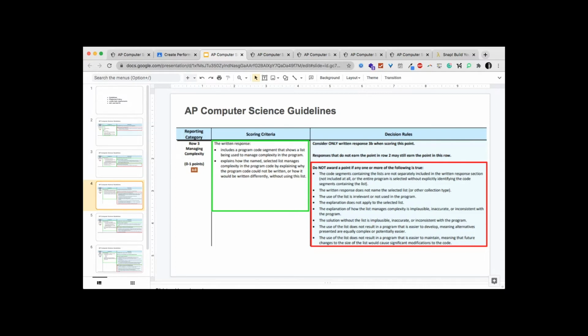Okay, once again, the use of the list does not result in the program being easier to maintain. The list itself has to make it easier to maintain. It doesn't matter if there's changes to the size of the list. If the list gets longer, if the list is shorter, it shouldn't make a difference to the way you manage your code, right? That list, no matter what the size, that variable, let's call it list variable, or I don't know, list,